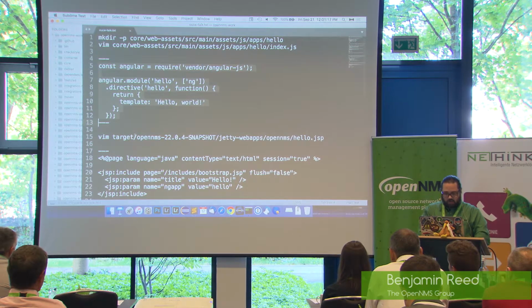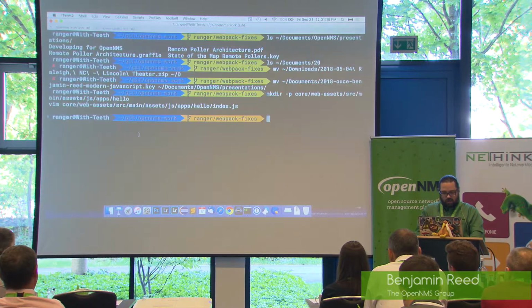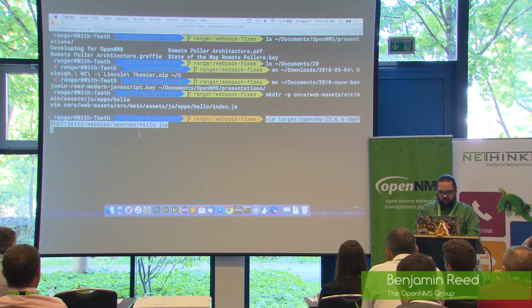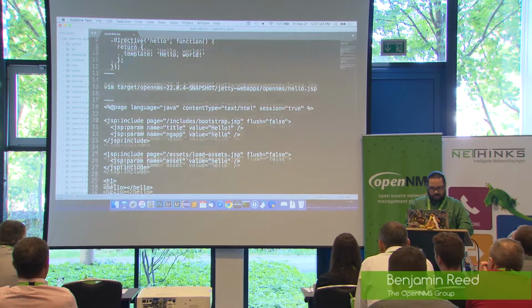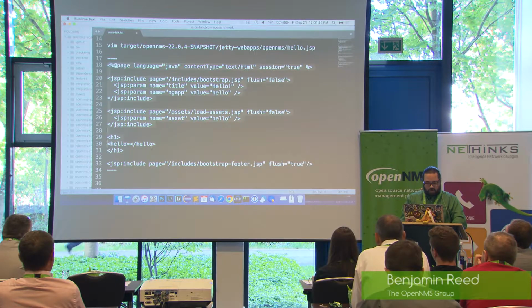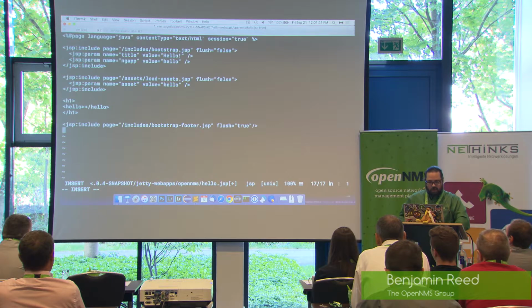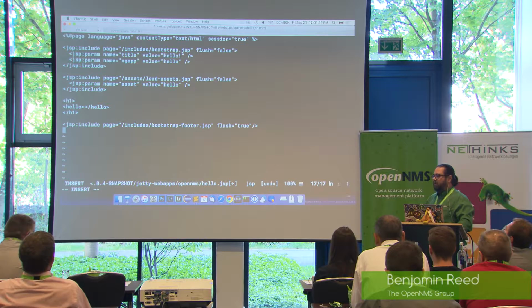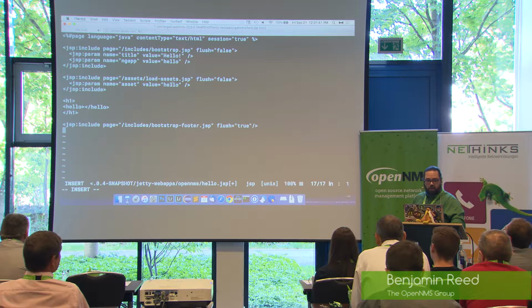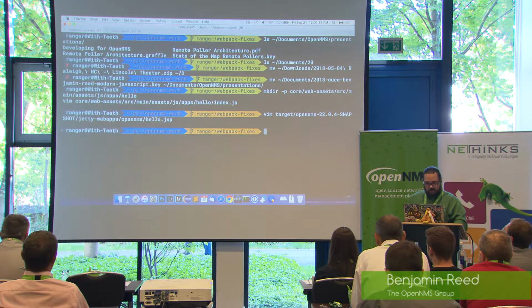And then I am going to make a hello JSP so I don't have to mess with the rest of the real web UI. And a simple bootstrap JSP. So what this does is it's a JSP file. It includes the bootstrap, which is how you make all the header menu junk in OpenNMS. And then it loads the hello asset. It has a hello tag inside H1, so it's nice and big, and then the footers. So if I save that,